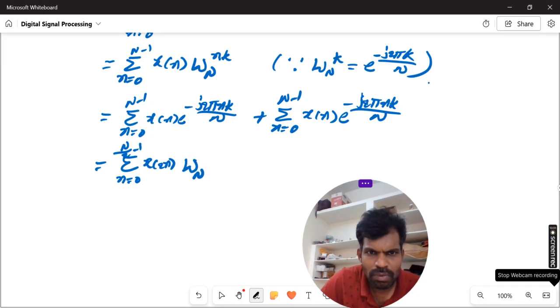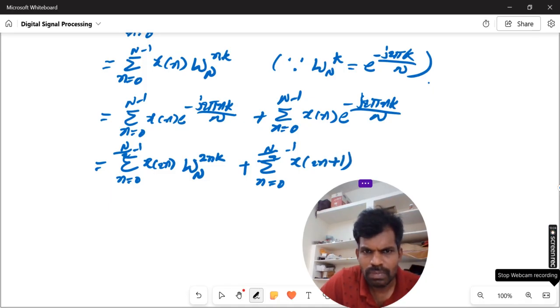w suffix n power, at which we have the n, in place of that we are going to write 2n. Okay, plus summation n is equal to 0 to n by 2 minus 1 x of 2n plus 1 into w suffix n power, at which we have the n, we are going to substitute 2n plus 1, that is 2n plus 1 into k. Okay,